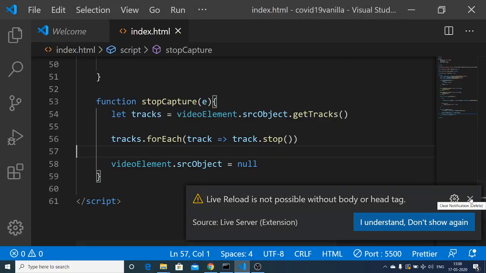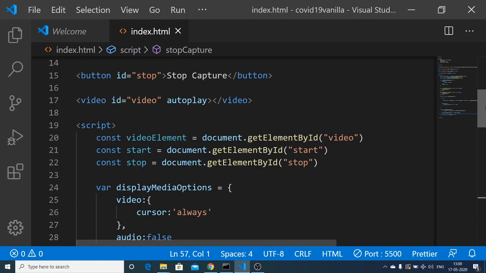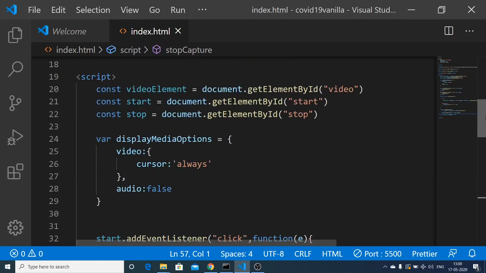And if you want to capture the browser window, the process was similar, but why it is not capturing the browser window, let me just see. Cursor is always, audio is false.